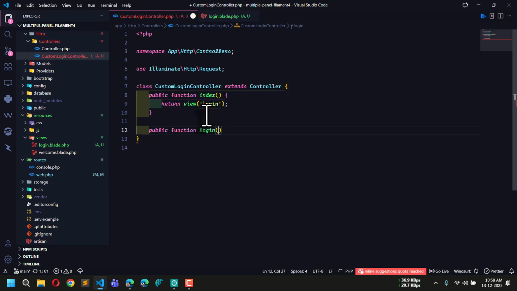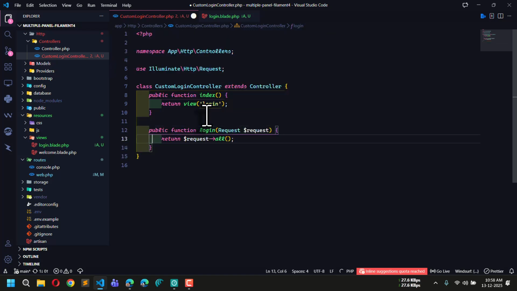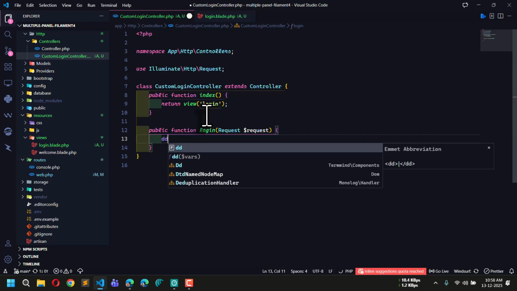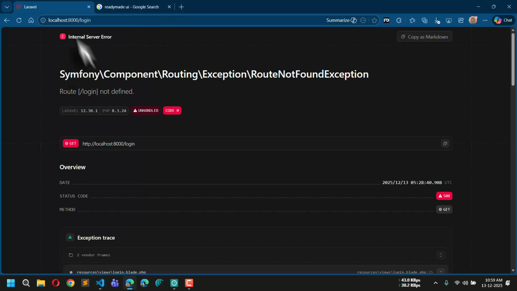login method, and here I will use request, and let me just use dd to check all the values are coming or not. So let me come here and just reload. You can see we are getting route login not defined, because